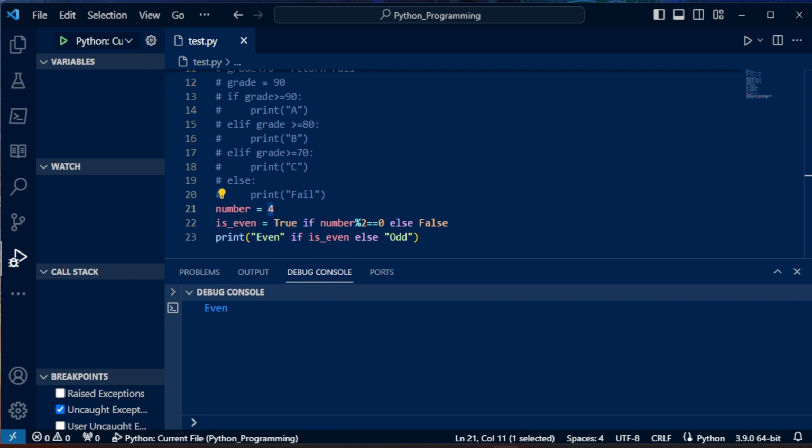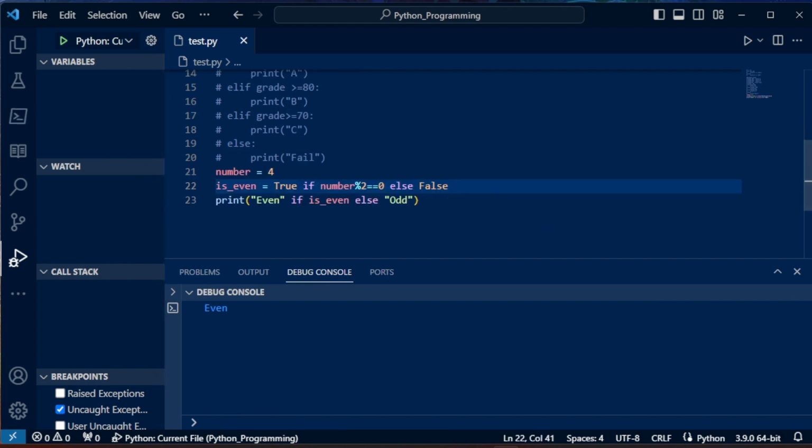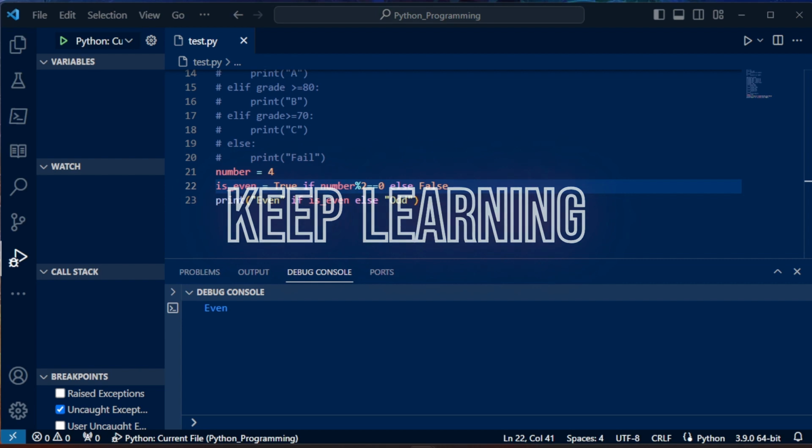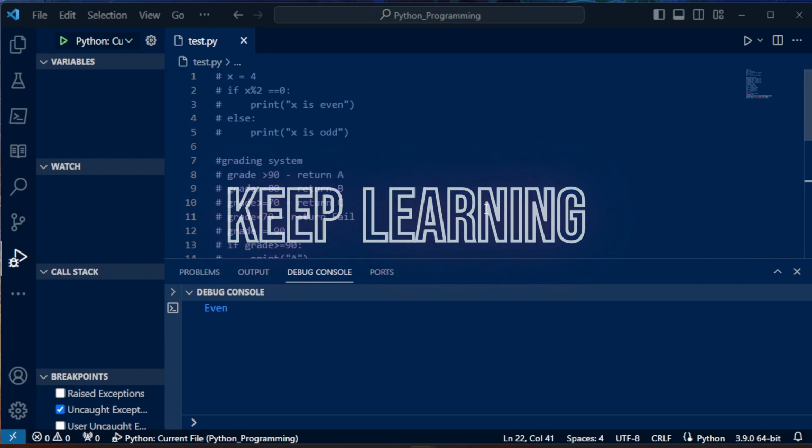So this is a conditional expression in a single line, and we have covered various scenarios where conditional statements are commonly used, but you can modify and expand them based on your specific requirements. And these are the basic conditional